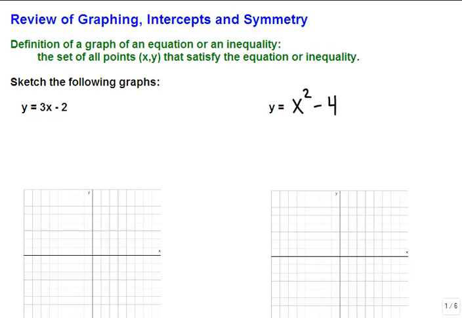Welcome to the video lecture that will review graphing, intercepts, and symmetry. So today we're going to talk about some of the basic things that you need to know about graphing, and we're going to start by just reviewing some of the more common graphs that you should know how